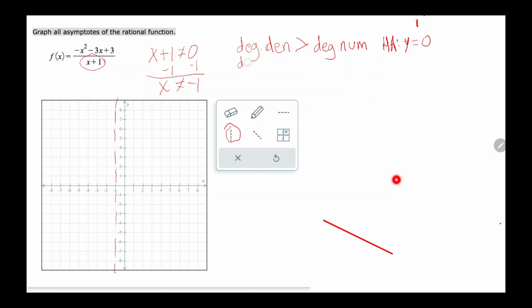If the degree of your denominator is equal to the degree of your numerator,